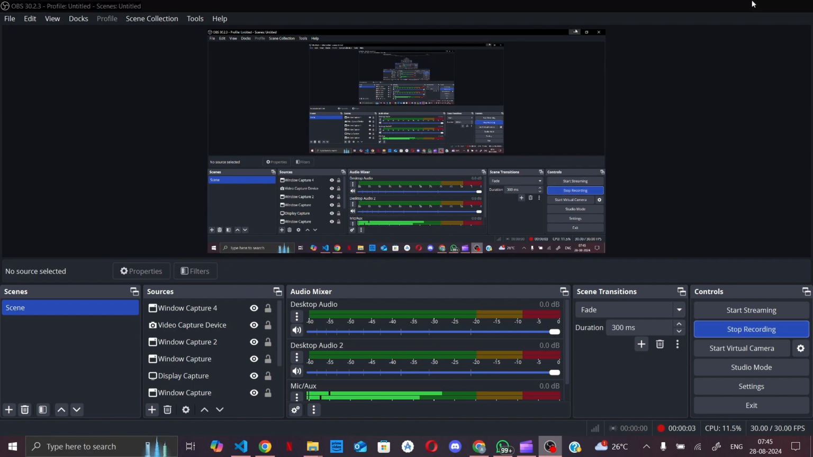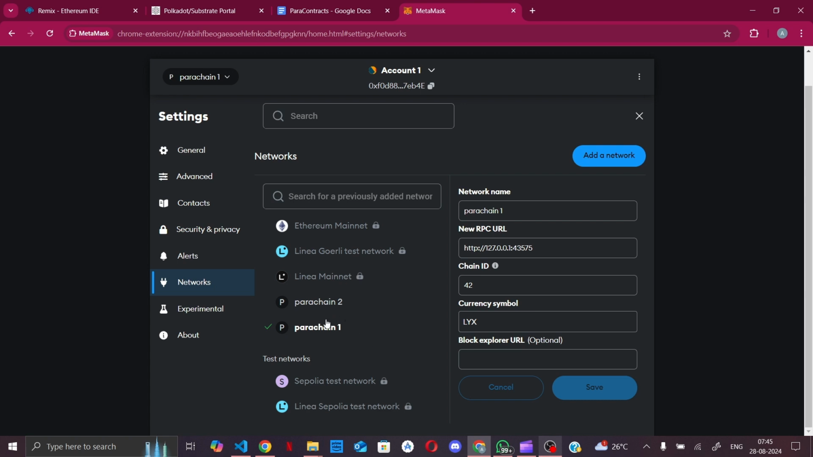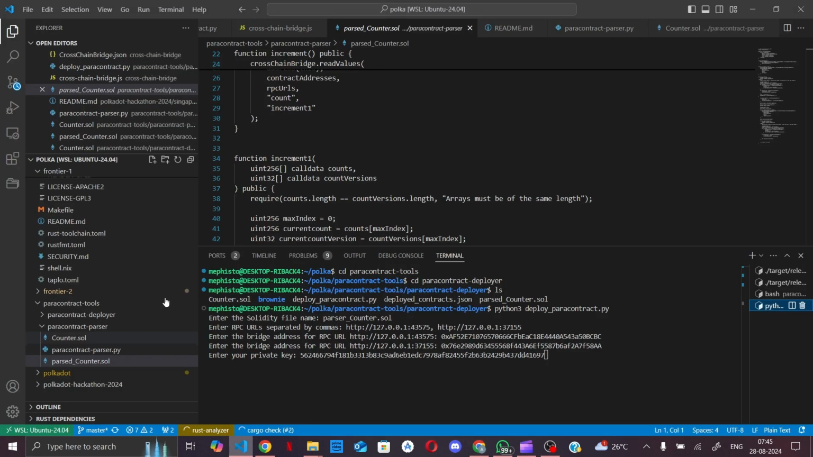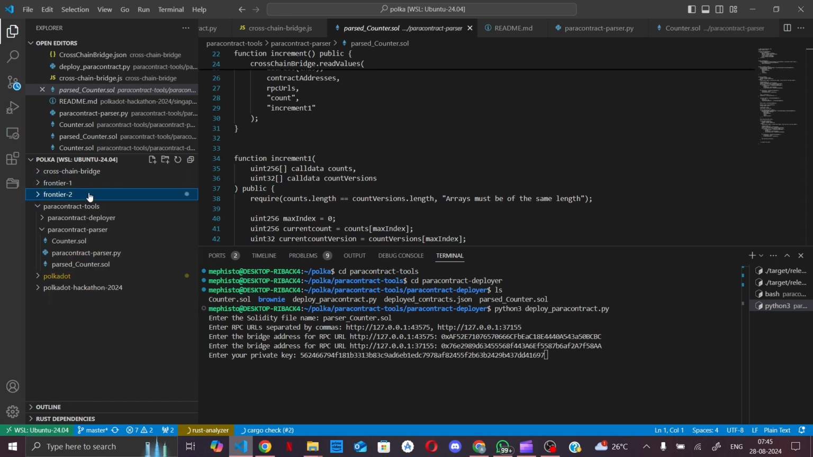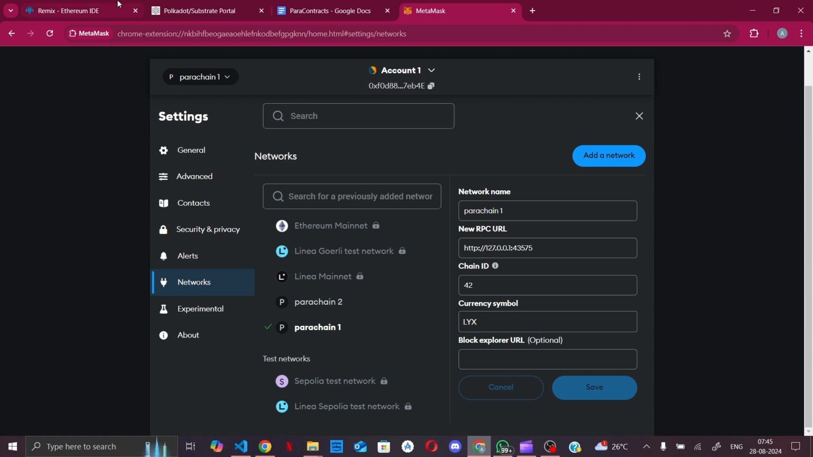Okay, now I'll quickly show the proof of concept implementation. So first of all, we have two parachains. These parachains are nothing but Frontier node templates. If you don't know what Frontier is, it is the EVM implementation for Substrate nodes for parachains so that you can deploy Solidity code. These are running, and I have added this to MetaMask. And we also have